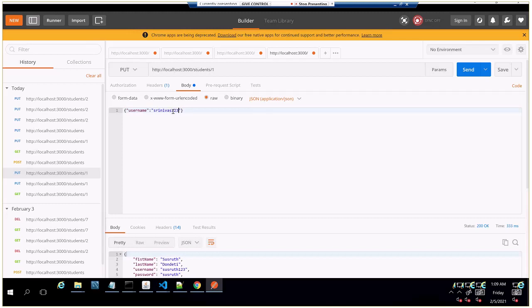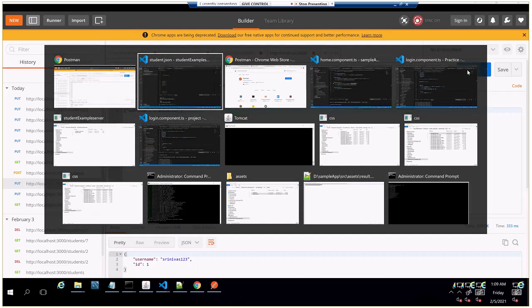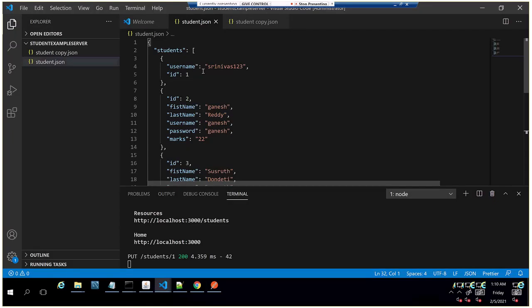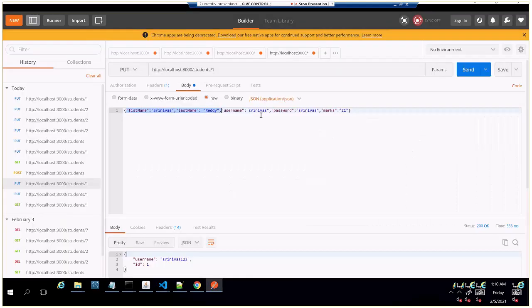Here I'm going to add 1, 2, 3. It is updating only the parameters which we are passing here. It is removing the remaining things. So either we need to pass the entire object with the updated value. Yeah, it is refreshed.